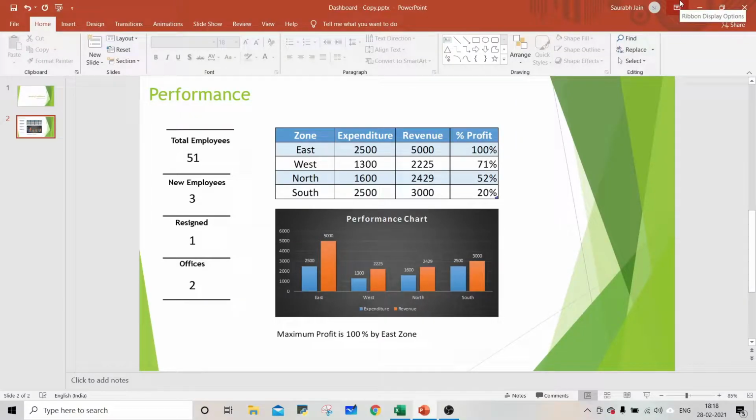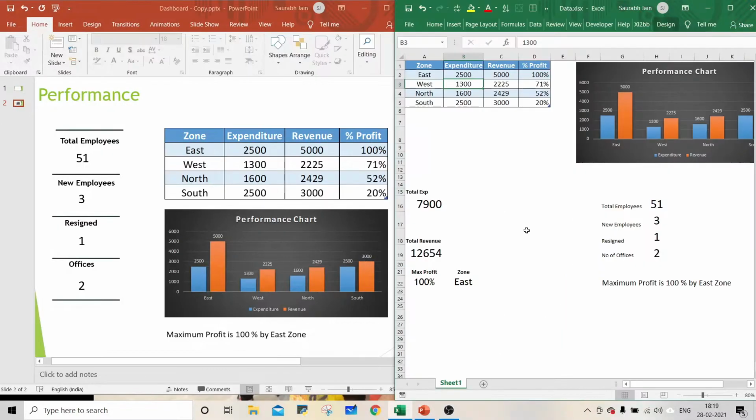I remember one year ago, I had to spend 1 to 2 hours every week to update the PowerPoint presentation using the same data points and charts. And then I decided to automate the presentation so that whenever I update the Excel sheet, my PowerPoint presentation must be updated automatically. And from then, I'm spending just 5 minutes to review my PowerPoint slides.